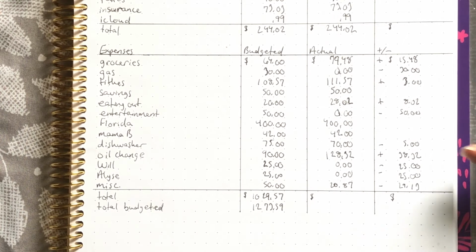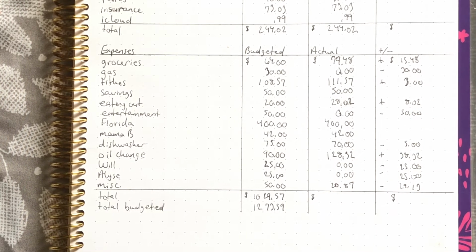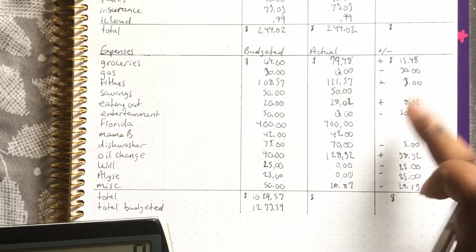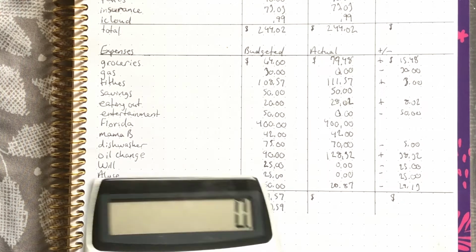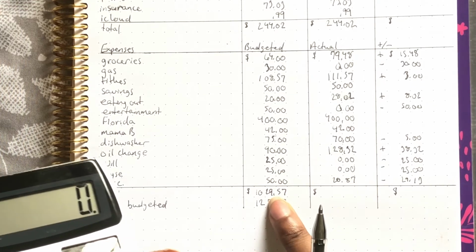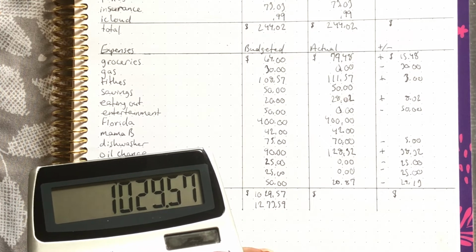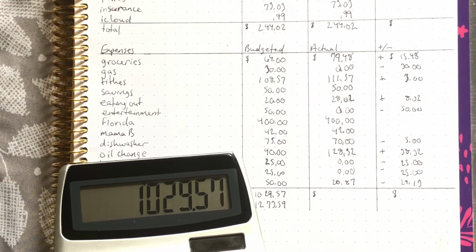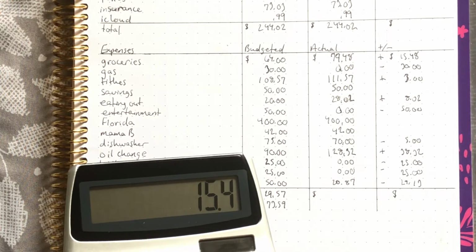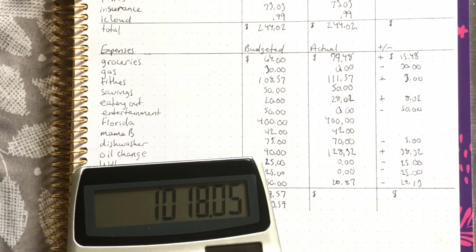Alrighty, and again, this is basically the same as last week, where almost the whole thing is different on the plus or minus side, so it doesn't make a huge difference which side to use. But I'm gonna still go ahead and use the plus or minus side again. So how you do it, if you're using it that way, you get the total amount that you have down here, which is $1,029.57, and then you just go plus this, minus this, plus this, plus this, until you go all the way down the list. So plus 15.48 minus 30 plus 3 plus 8.02